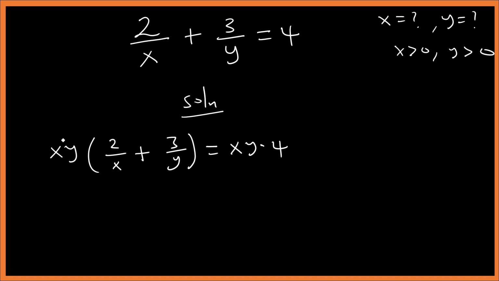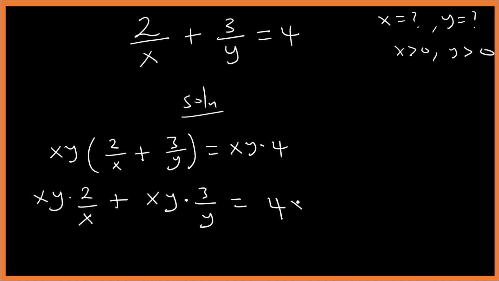Okay, so let's expand the bracket by multiplying 2 by xy. So with this side will be xy times 2 on x plus xy times 3 on y equals to 4xy. Okay, so this side will cancel this side. I've left 2y plus, so y will cancel y, 3x equals to